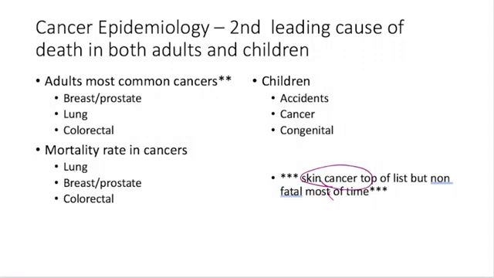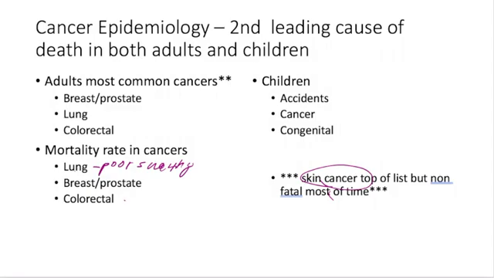Here again we're taking a look at what is the most common, but then what does cause the most death. So you see for male and female, breast and prostate are the most common, followed by lung, followed by colorectal. So when we look at mortality rates, lung moves up to number 1. And why is that? Because we have poor screening processes. And usually by the time we find it, it's too late and it's metastasized. Breast and prostate move down a little bit, depending on when and how aggressive the type of cancer is, which increases the mortality rate.